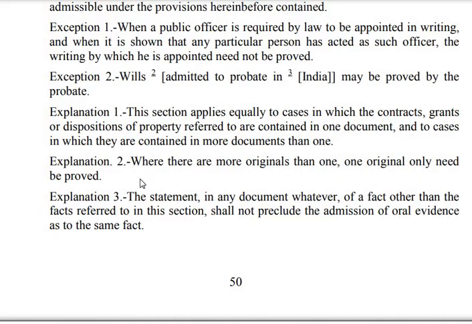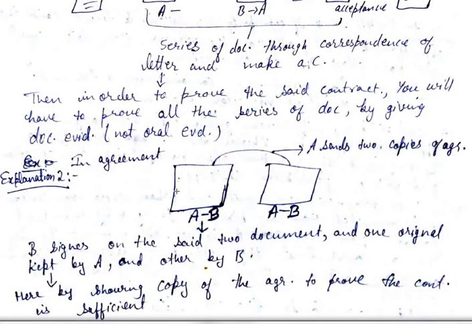अब suppose there is only one contract, but when you wrote the contract at that time you wrote two originals. कई बार होता है कि आपने दो डॉक्यूमेंट्स बनाए और दोनों पर दोनों पार्टीज ने साइन किया। कॉन्ट्रैक्ट एक ही है मान लो, और दो डॉक्यूमेंट्स बनाए आपने, इस पे भी A और B ने साइन किया, इस पे भी A B ने साइन किया, तो फिर ये दोनों कॉन्ट्रैक्ट ओरिजिनल हो जाएंगे। टर्म्स एंड कंडीशन सारी कॉन्ट्रैक्ट के वो सेम है।